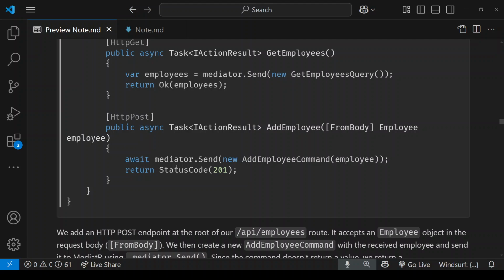And then what I am going to do afterwards, I am going to return a 201 response from this add employee endpoint saying that the employee was added to the data store correctly. So a lot of things are abstracted here. I don't have any validation. Of course, the validation could go in the handle method of my command